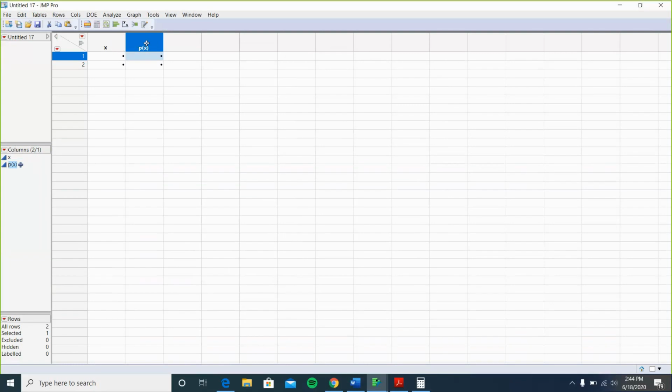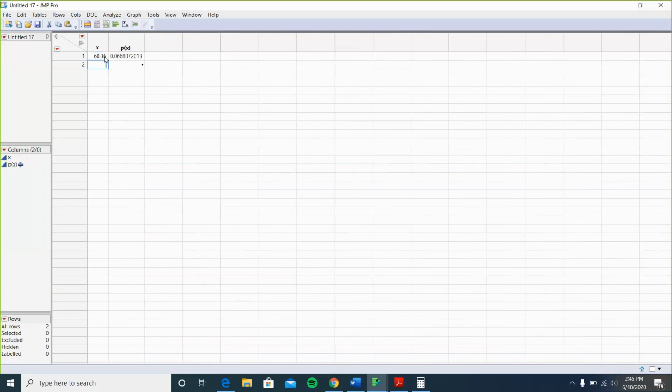So after applying the formula, you can enter the value in the x column. x1 value is 60.36. Enter. And the other one is 61.56. Enter. Fine. You must get x1 and x2 values. Okay. So, after you get these two values, you have to